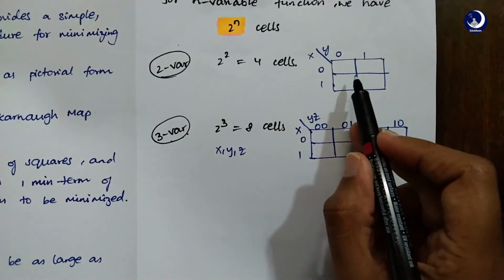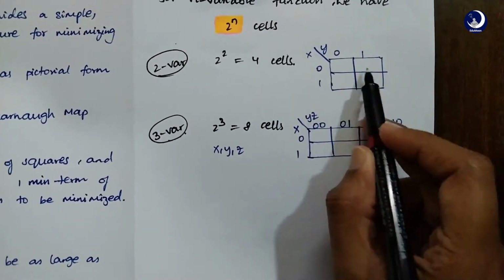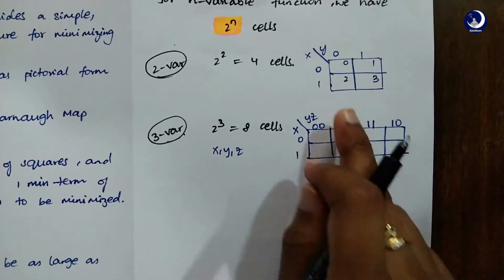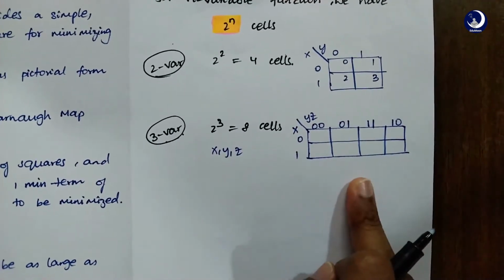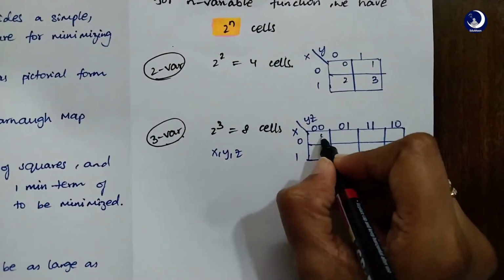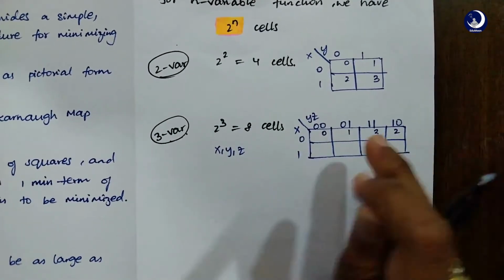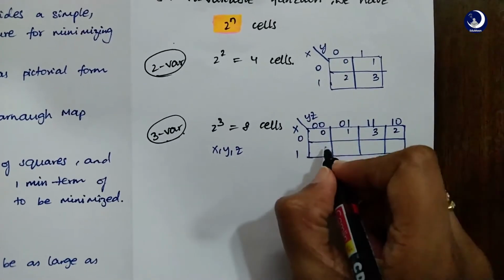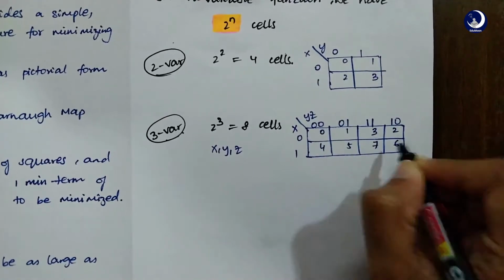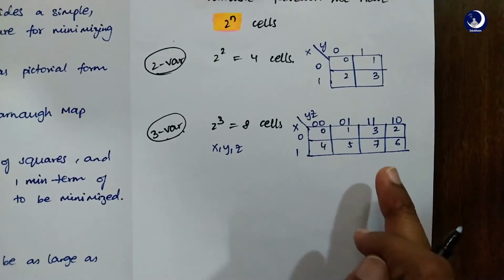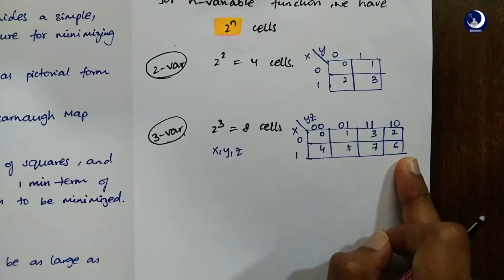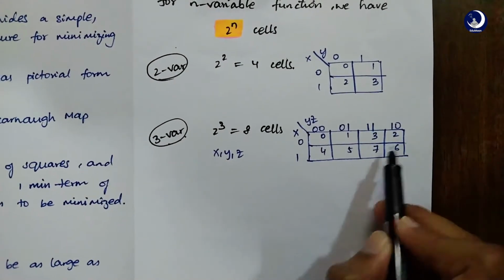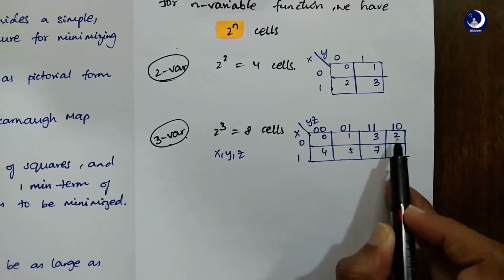Now, how do we represent or assign values for each and every block? So this one will be 0, this one will be 1, this one will be 2 and this one will be 3. This is the simplest notation. But coming to this one, you denote 0, 1, 2 and 3. See, the 2 is jumping to this side. It's not a continuous number. So 0, 1, 2 and then 3. Similarly 4, 5, 6 and 7. 6, 7 is also swapped. So carefully remember these descriptions because your entire problem depends on assigning values to these blocks itself. So don't mess up 2 and 3 and 6 and 7.